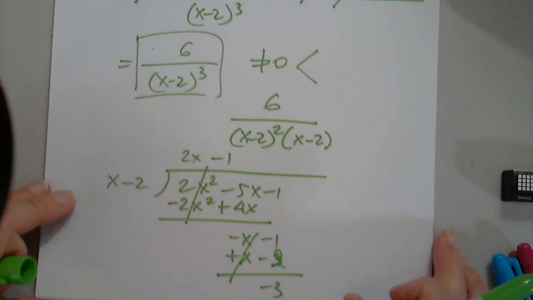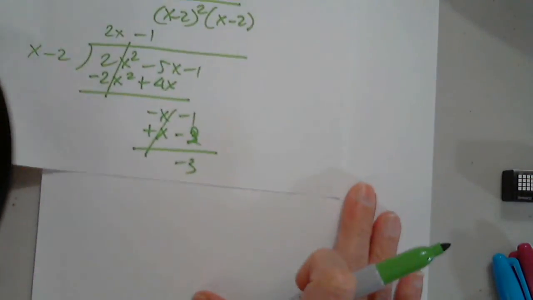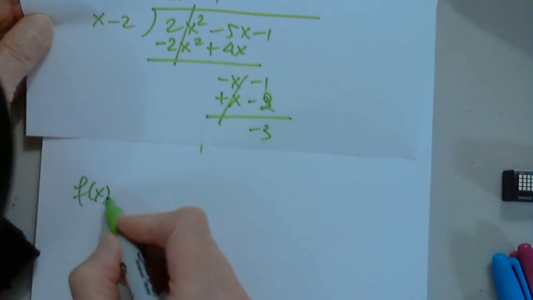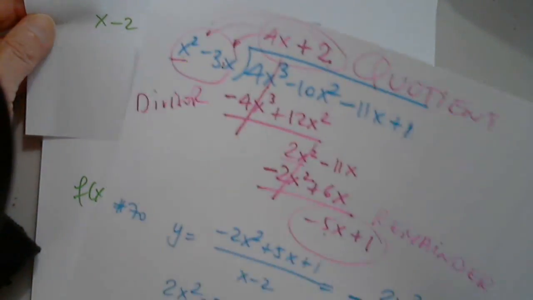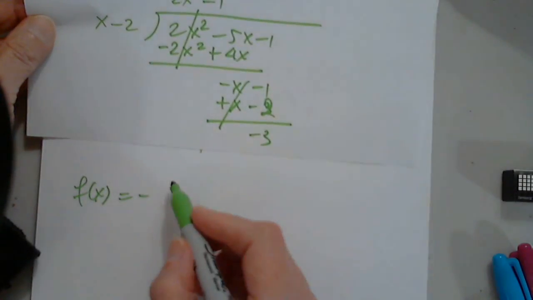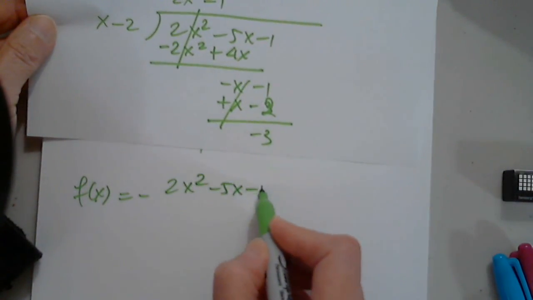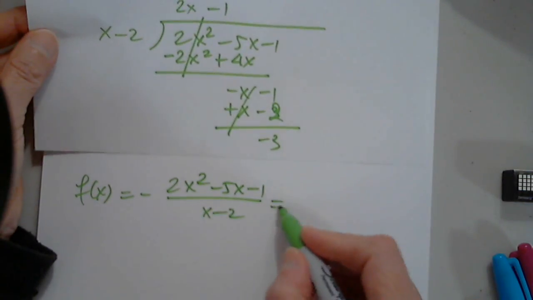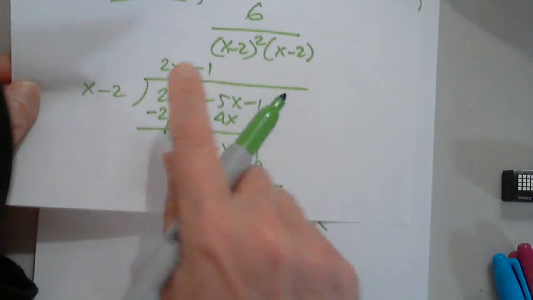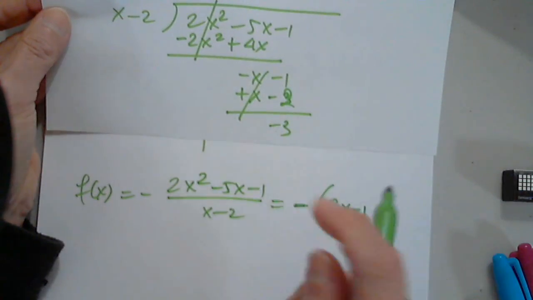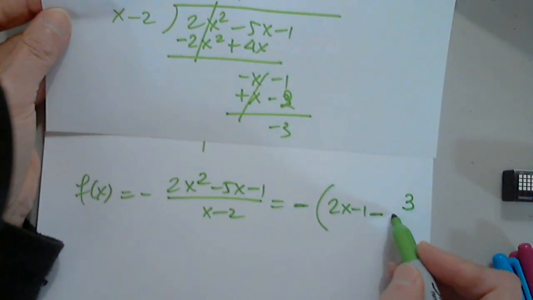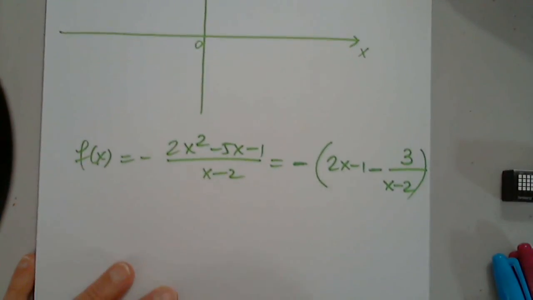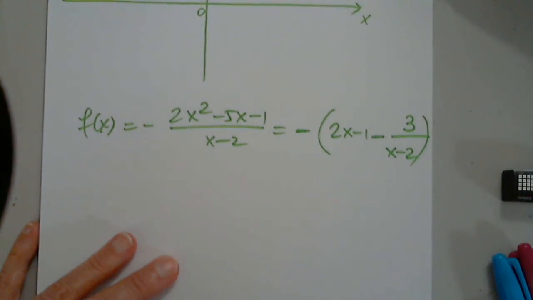So, the function will be rewritten. f of x equals negative 2x squared minus 5x minus 1 over x minus 2 as negative quotient minus the remainder over the divisor. But yes, I have to distribute now the negative 1. So allow me